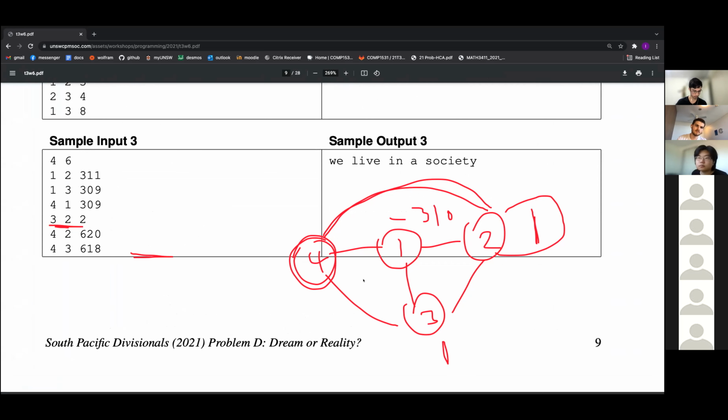I won't do 4, but you can check that 3 minus 2 is equal. Oh, what did I do? That should be minus 1. Yeah, because 3 minus 1 is 309, and 3 and 2, their difference is 2. Yeah, it's fine, you subtracted them backwards.